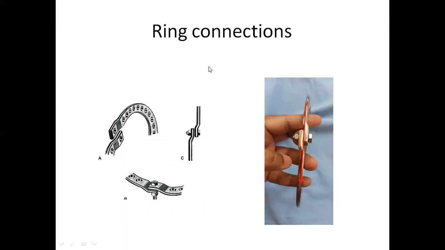Another thing is that you must align the rings in a straight line. If any part of the ring is one step upward or downward than the others, then the ring biomechanics will not act properly. This is the wrong assembly. This is the right assembly. The red line indicates that both the rings are collinear. So this thing should be kept in your mind during the assembly of the ring.